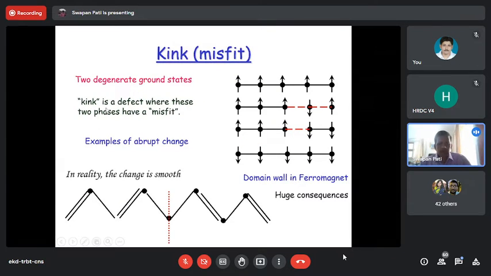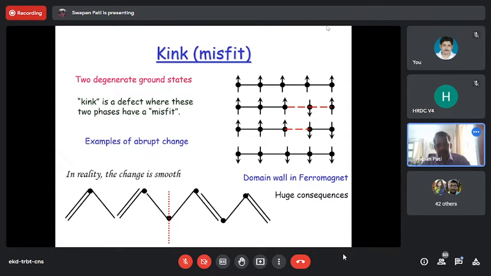In fact, since there are two degenerate ground states, there is a kink, or defect states appear. It's a misfit. For example, think about a ferromagnet. So you have all up spin throughout a one-dimensional chain. Now, how will you make an excitation? If you make one up spin to be down, then you are affecting two exchanges, right? Neighboring two exchanges will change. However, if you do it like this,